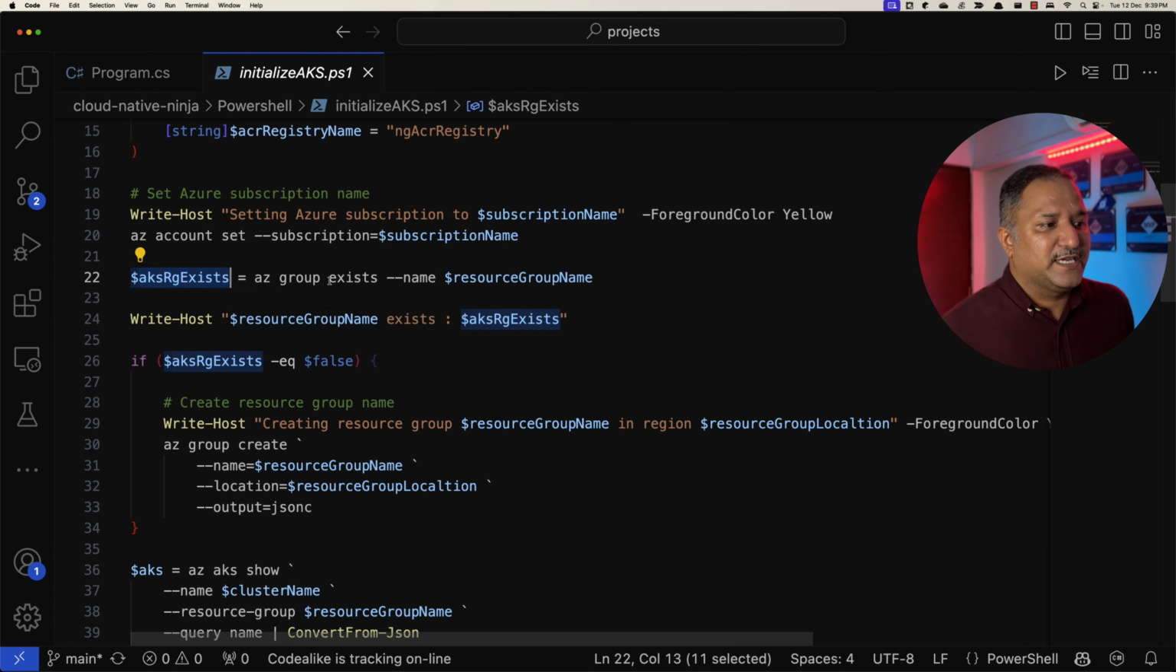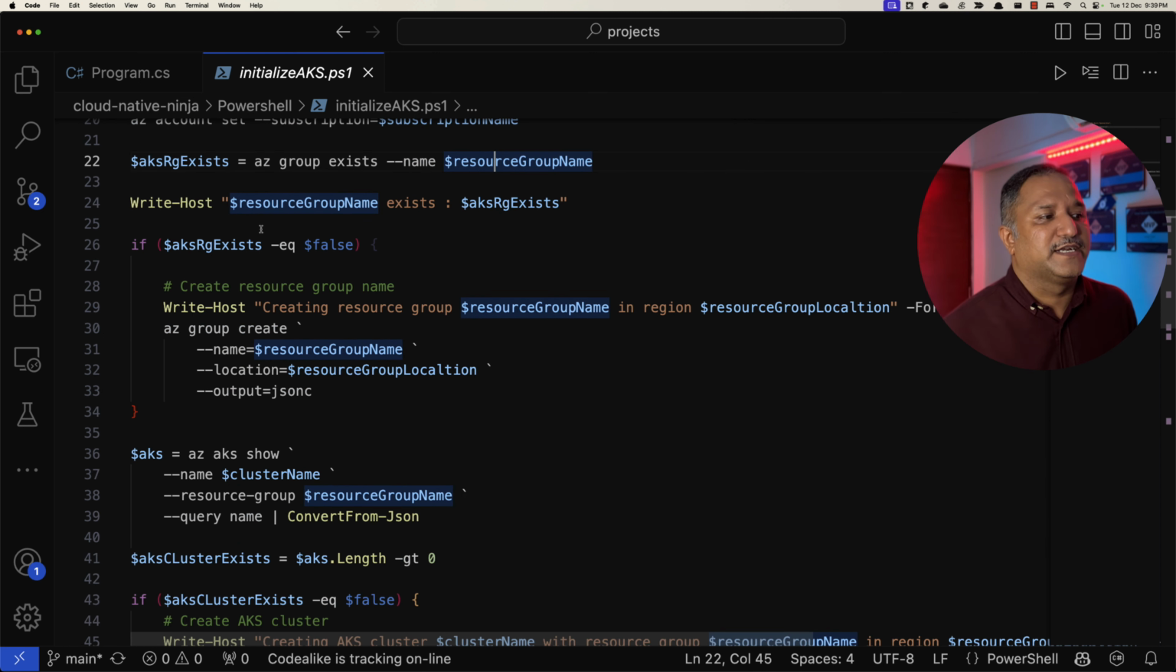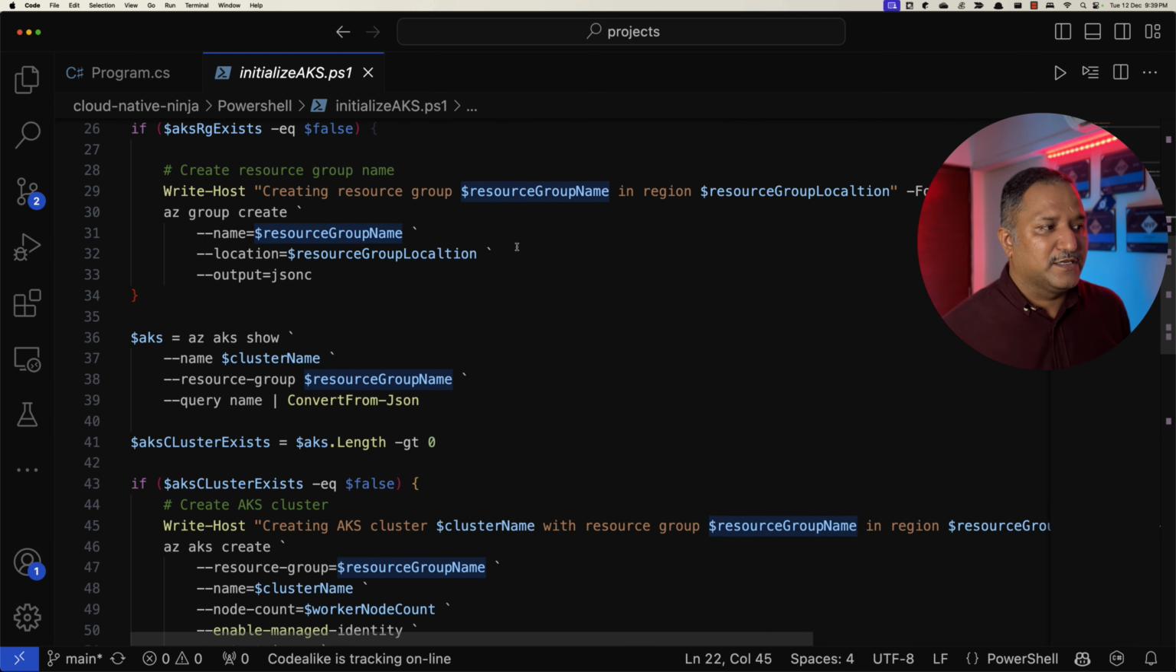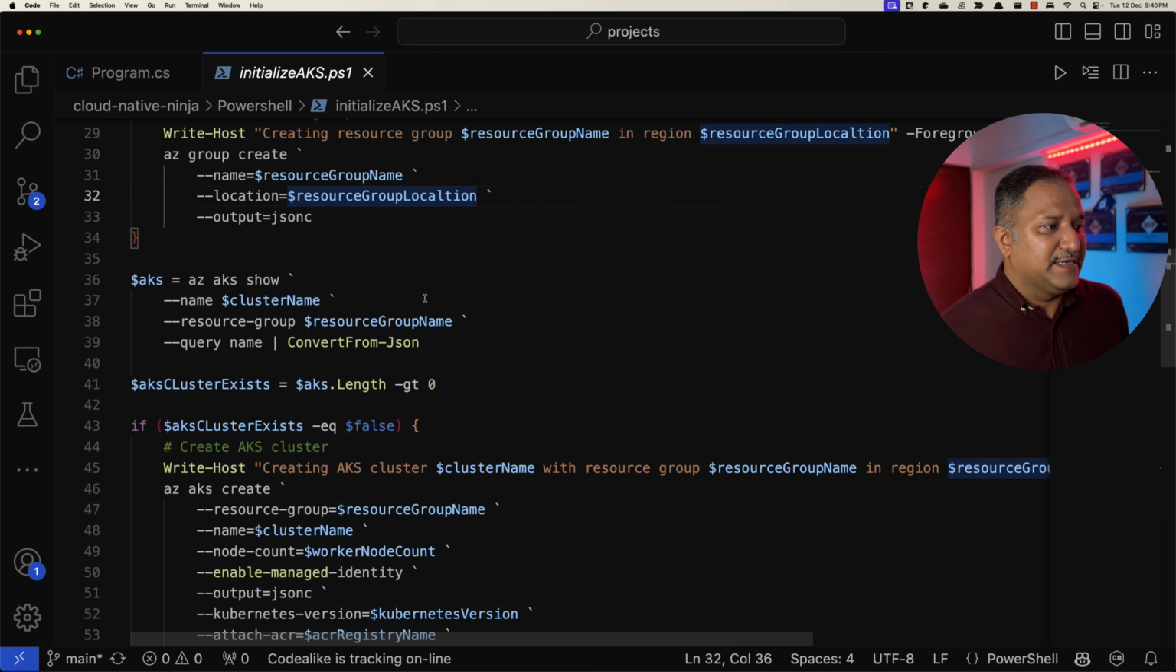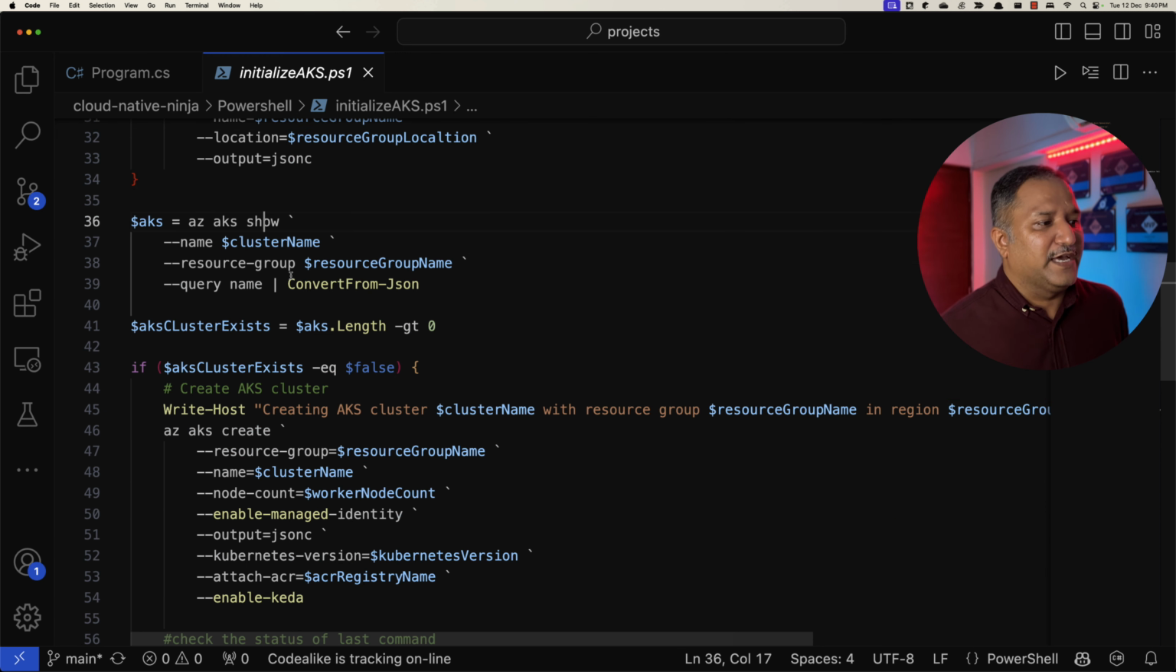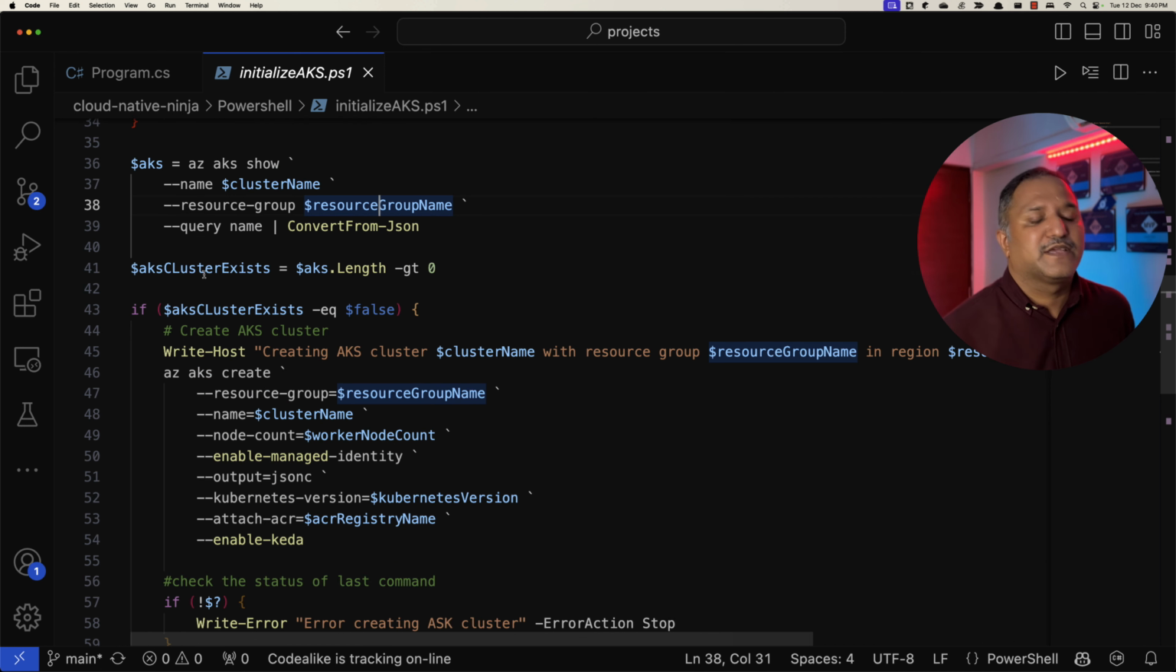We first check if the resource group exists. If it does not, then we go ahead and create that particular resource group in the location or in the data center that we have specified. Then we try to check if we have a particular cluster with this particular name, whatever name we are trying